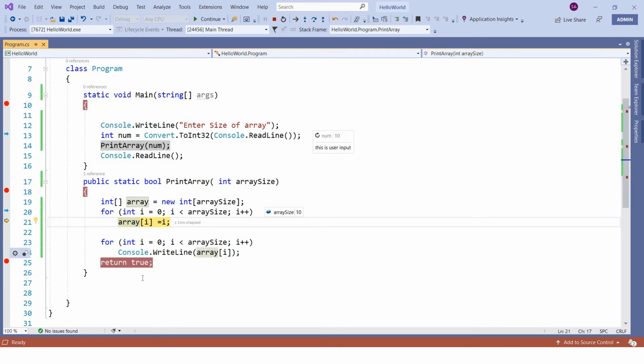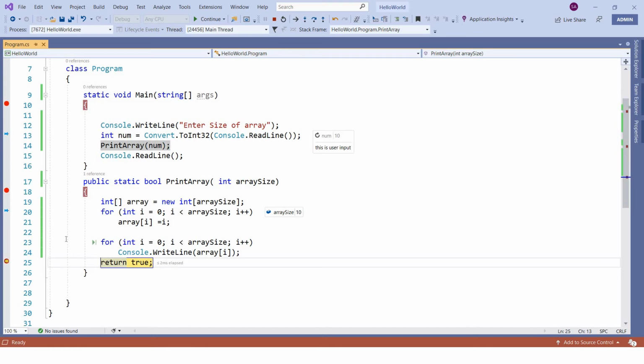Let's say I want to come to this point and press F5. F5 will basically run all statements and try to reach the next breakpoint. If you don't have any breakpoint after this, it will execute all of the statements and give you the output.